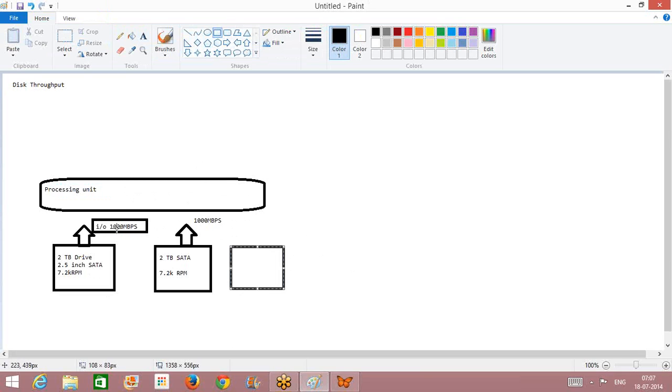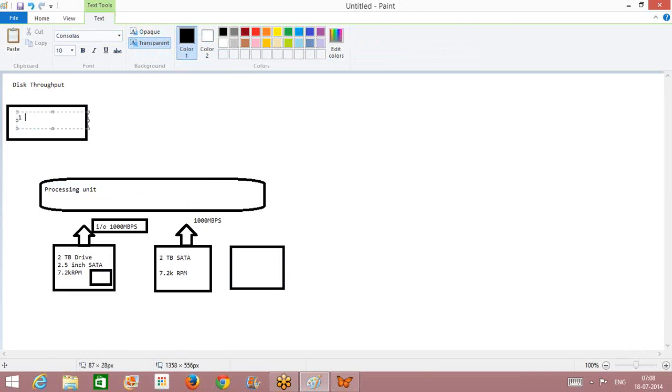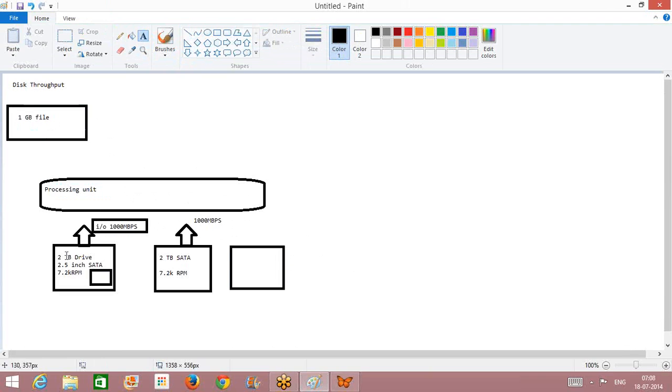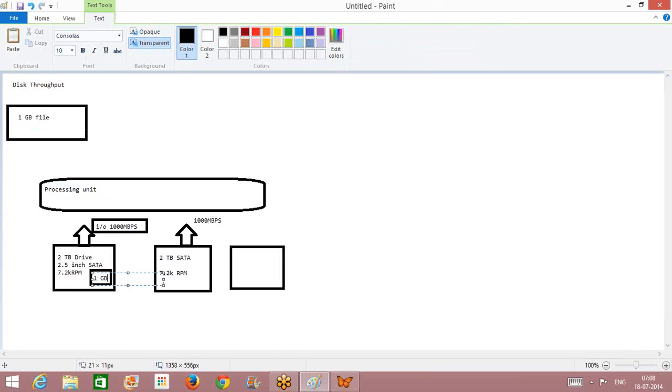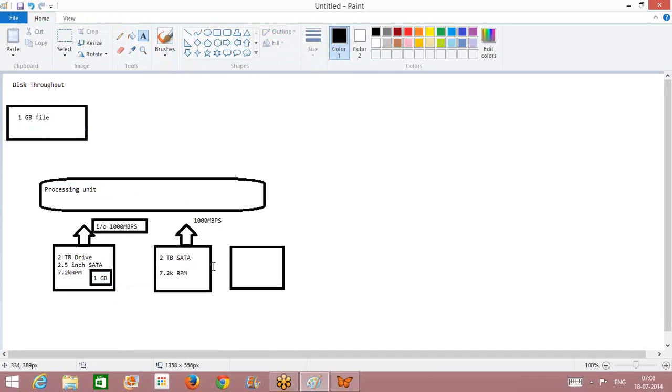Now the question is, traditionally we have been storing the data in one disk, let's say. We were storing the whole file in here. Let's say I have a 2 TB disk, and I want to store a 1 GB file. It is a very small file. Since 2 TB is there, I can store the 1 GB here. Now, even though I have more drives attached to it, it is of no use. When I have to read the file, I have to read it from this one drive only, and the bottleneck is going to come